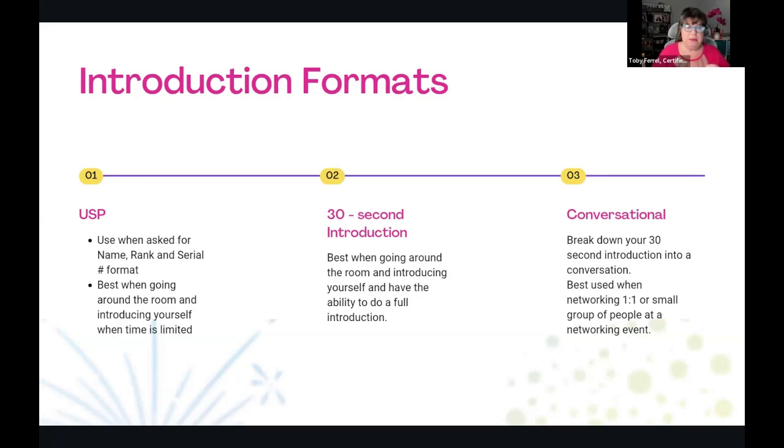So now you say, oh, hi, I'm Toby, and I'm the business, I do my USP. Oh, that's great. Tell me more. Now I've gone into my USP first, then I'm going to go into my attention grabber, wait for a response, have that conversation naturally, whatever that looks like. And then at the very end of my conversation, I'm going to do the call to action.